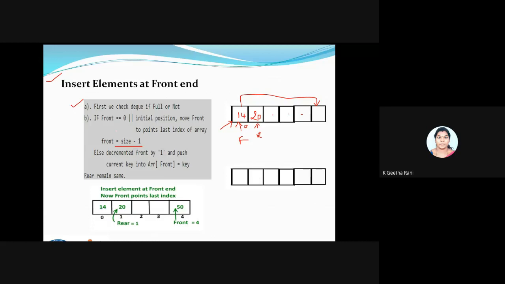I just change the index, front equals size minus 1. Now the front will be pointing here, then I can add the element here. That is shown in this diagram. You can see I don't have a space before this 14, so I'm just changing the front pointer and then adding the value 50.